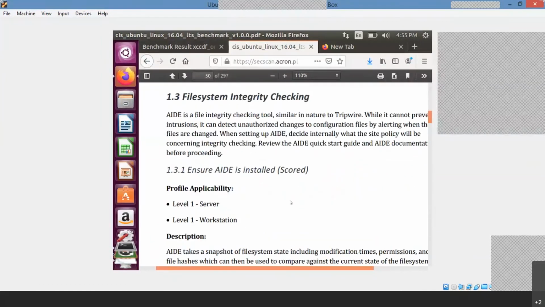Coming to the next case, file system integrity is also there. You can check whether a file has been changed, or whether any integrity has been changed. Suppose you have copied files in your C drive or D drive or any location, and you want to check whether anyone has changed your file, because there might be some confidential files, right?